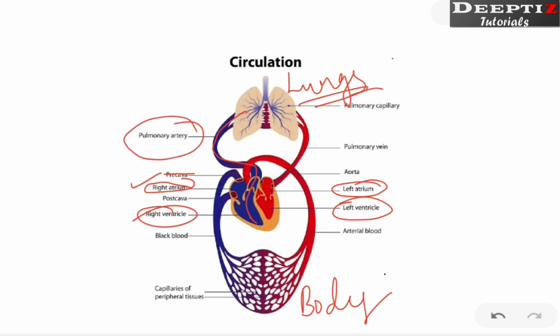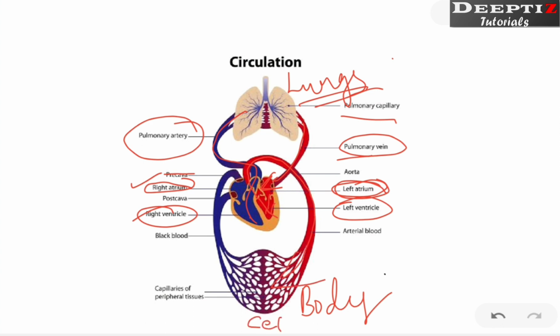From there, this blue indicates impurity, red indicates purity. Now from the lungs, via the pulmonary vein, the blood comes back to which chamber? This is actually the left atrium. From the left atrium, it goes to the left ventricle. From the left ventricle via the aorta, it goes to various parts of the body, such as if you are taking